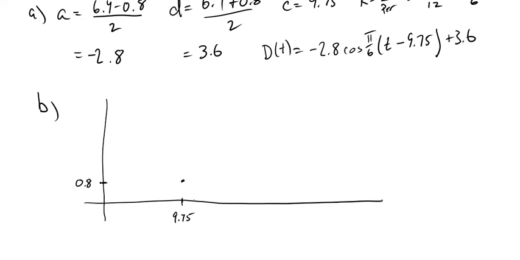And then at about noon, it's up at the maximum, which is 6.4 feet. And then after another 6 hours, it'll be back down to the minimum. So this is 3:45. I'm going to do it in the 24-hour clock, because in the end, that's going to help us a little bit more. So 3:45 is 15